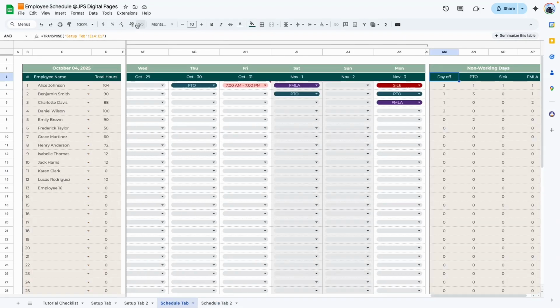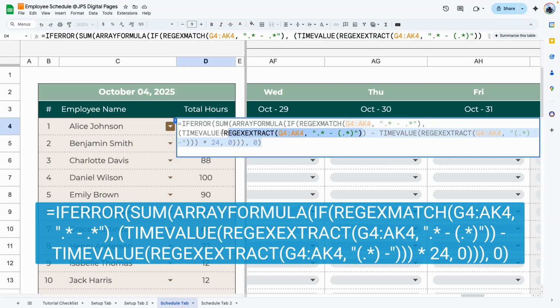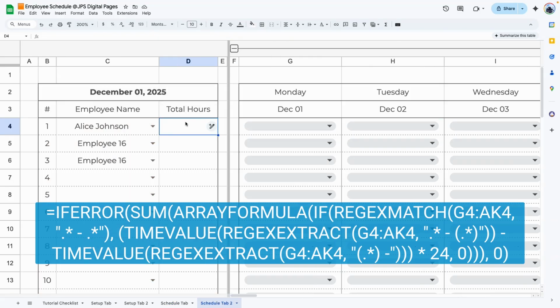So back to our example, here's the formula right here. All right, we're going to copy it and paste it in our schedule tab. But before we do that, I need to point out the range right here. If you're not using the exact columns and rows and ranges that I'm using, you're going to need to change the range here. All right, because for this scheduling tab, I'm using the exact ranges from scheduling tab. This formula should work automatically. If yours is different, you're going to need to change it here, here, and here. I'm going to copy it. Go ahead and pause the video so you can copy the formula as well